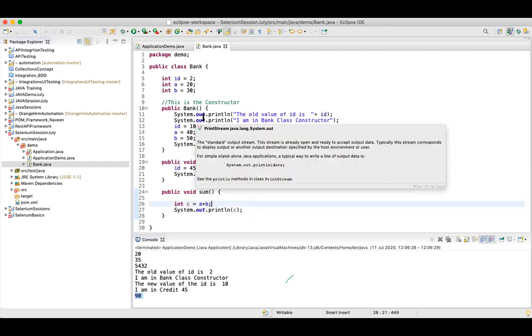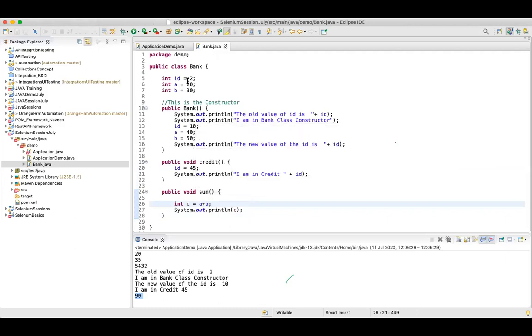This is the base. Now, depending on your scenario, if you want the value to be added over here, you can have some other ways. But if you create an object of this class, the constructor will get called, and based on the new values, if the constructor is updating the new value. If I don't update my values over here, now it's printing 50.